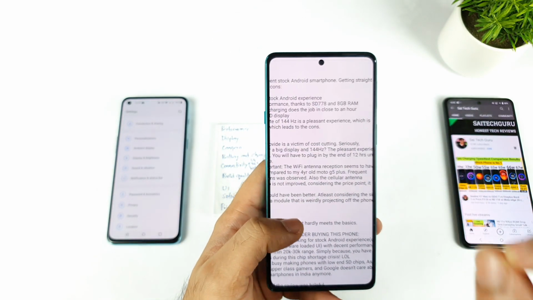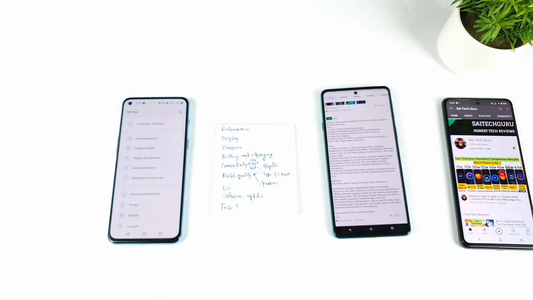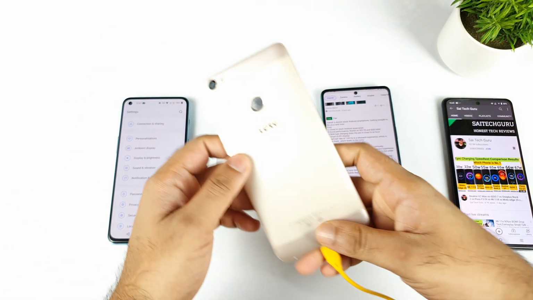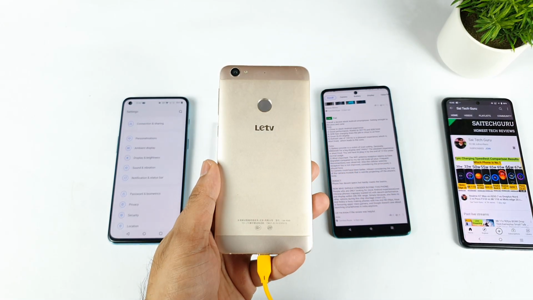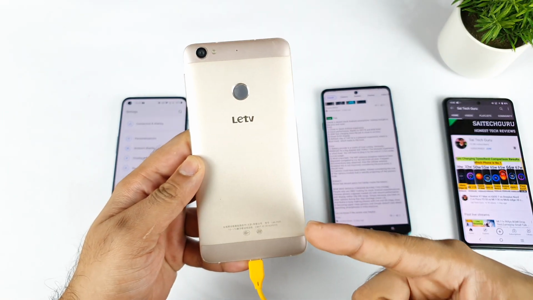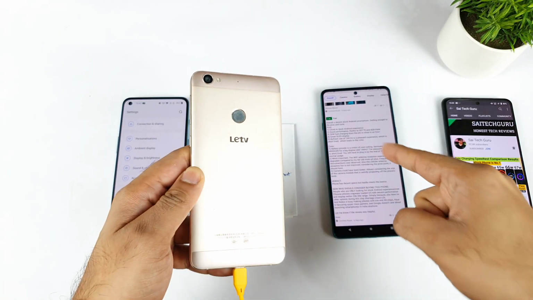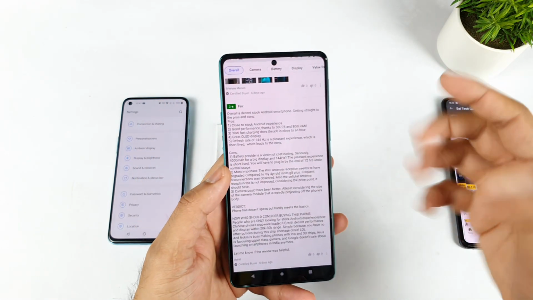Yes, friends, even I can actually feel the same thing. I'll try to show you one more quick clue. This is a 4-year-old mobile phone. I'm not sure whether you will remember this kind of name or not. LTE, it used to be the 4-year-old phone. This phone has got more Wi-Fi speeds than this Moto H20. Yes, a 4 to 5 year old mobile phone. I'm not sure why it's happening.